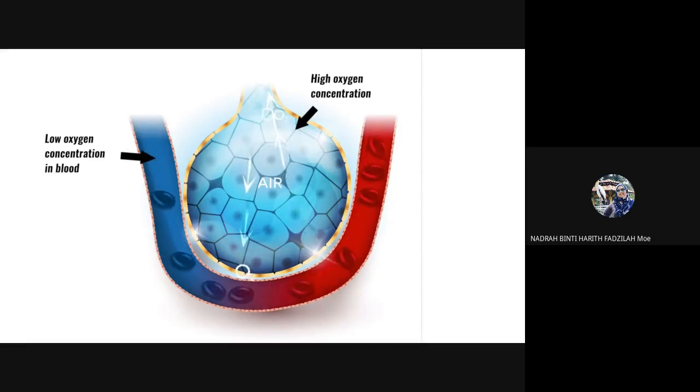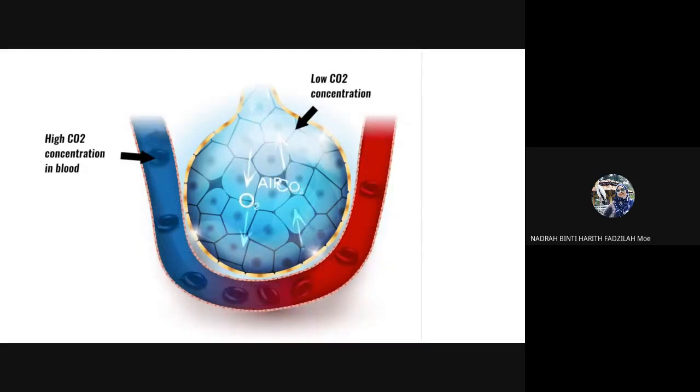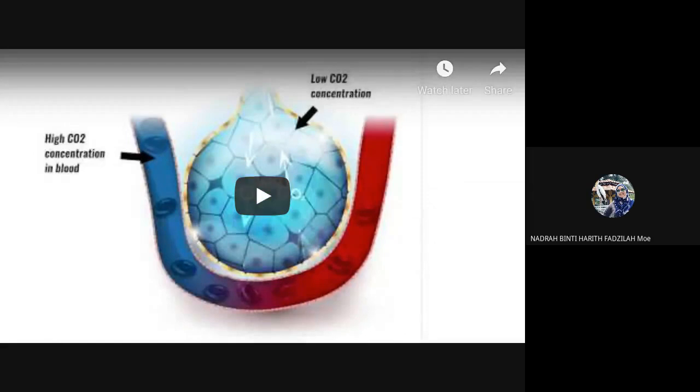Because both alveoli and capillaries have walls which are only 1 cell thick, this allows gases to easily diffuse from one to the other. The same happens in reverse with carbon dioxide, CO2. The blood in the surrounding capillaries has a higher concentration of CO2 than the inspired air. Therefore, CO2 diffuses the other way, from the capillaries into the alveoli, where it can then be exhaled or